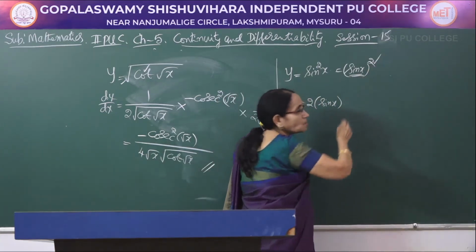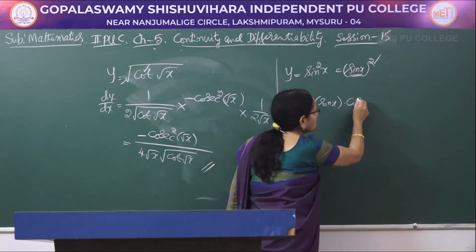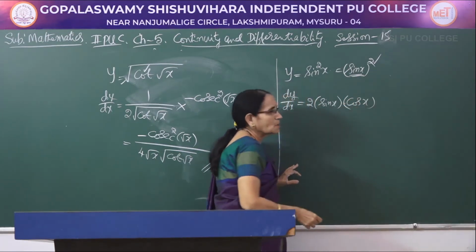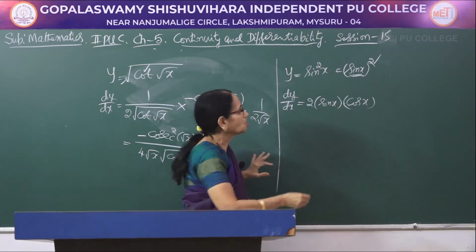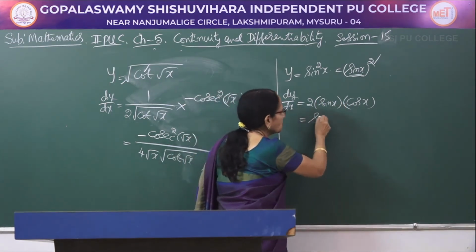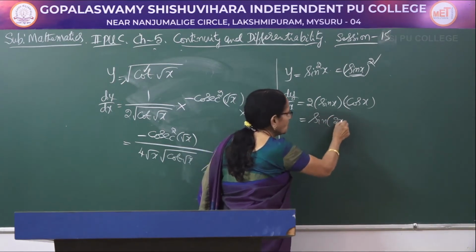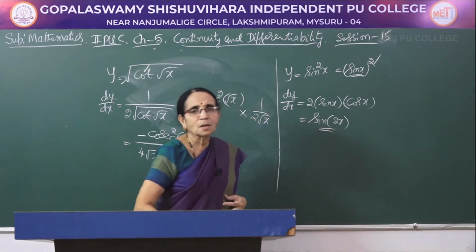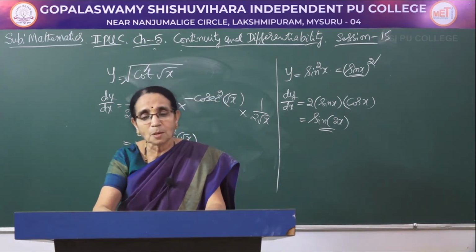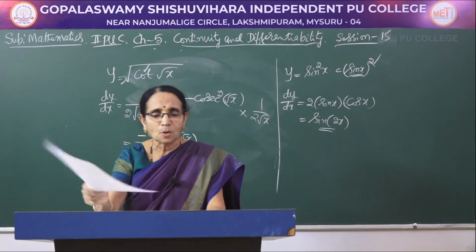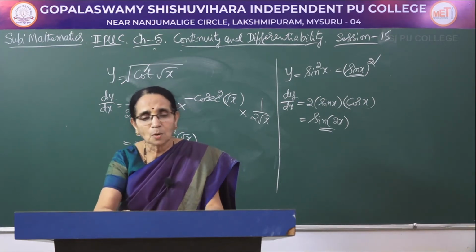Now what is the derivative of sin x? It is cos x, isn't it? Derivative of sin, now it is a basic function. 2 in this problem, 2 into sin x into cos x, you have a multiple angle formula. You can write it as sin of 2x. So you have to be extremely careful, copy the problem correctly, then you can solve the problems. Now